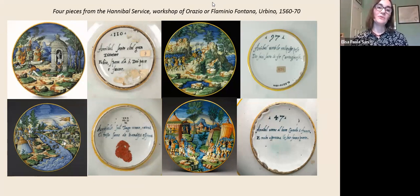Some of the pieces also, like the one on the left, on the lower part of the screen, have like a ghostly shadow of a coat of arms. It was never painted. So it was a commission, obviously an incredibly demanding set, with probably an artist providing designs, a poet, a humanist suggesting the inscriptions, and perhaps several pottery painters working on this demanding set. But we don't know